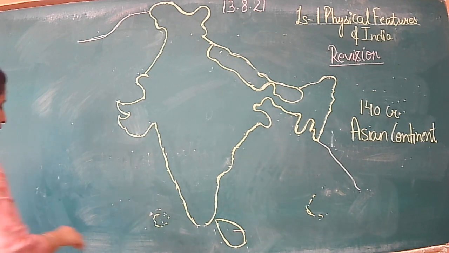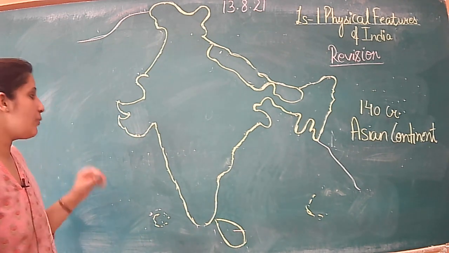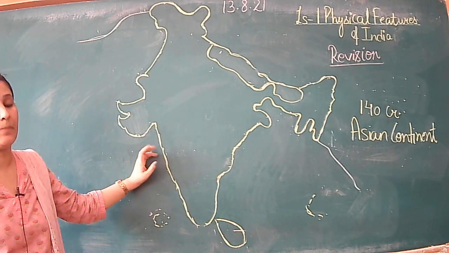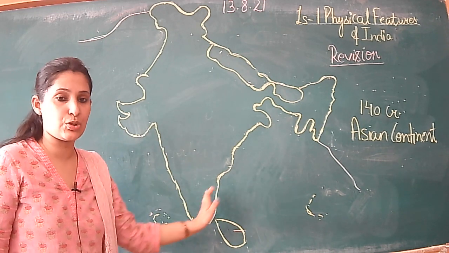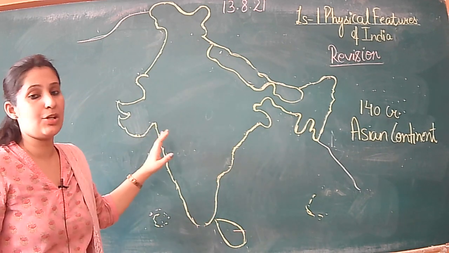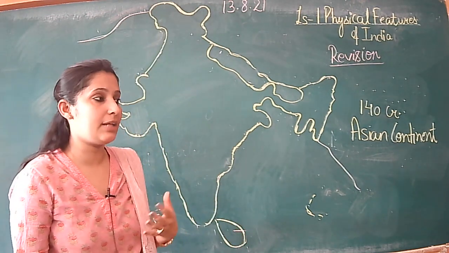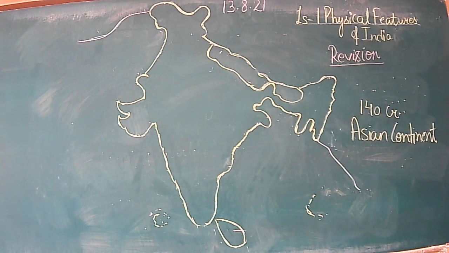First of all, you should learn how to draw the map. Always begin your map downwards. आपने जब भी अपना मैप बनाना शुरू करना है, आपने कहाँ से शुरू करना है? नीचे से शुरू करना है. कभी भी ऊपर से नहीं शुरू करते. अगर आप ऊपर से शुरू करेंगे तो मैप की शेप that will not be correct. So always begin your map from downwards.